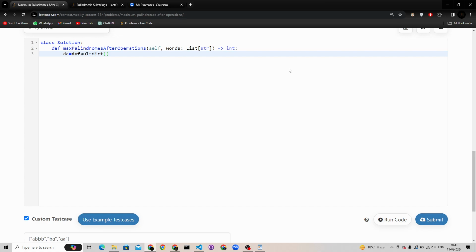This dictionary is going to store the counts. So, now for all the word in words,